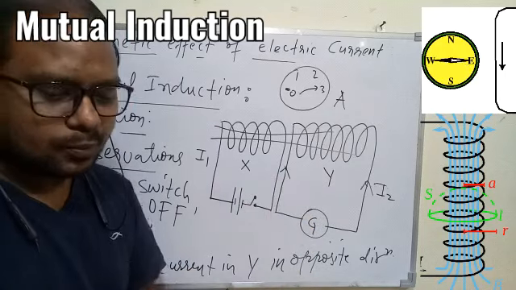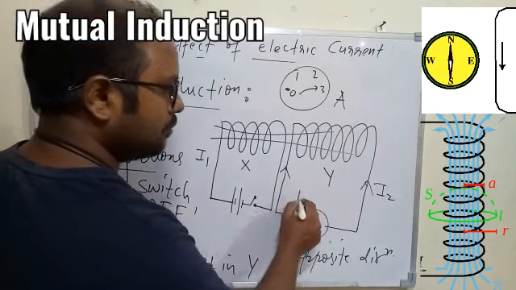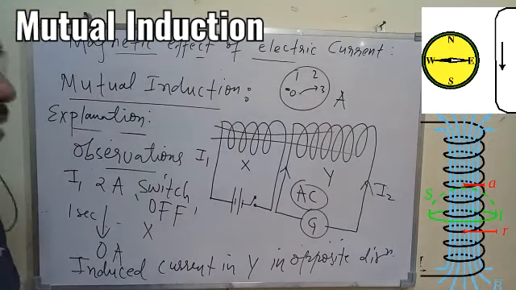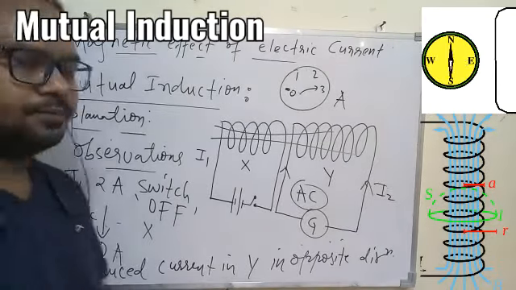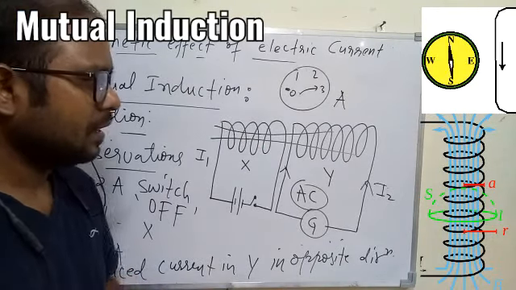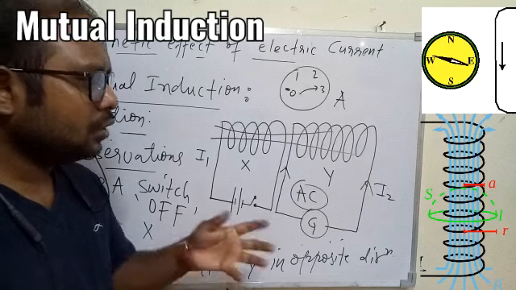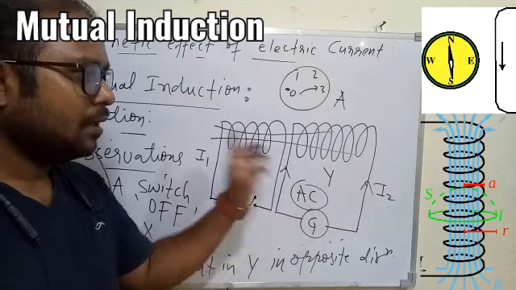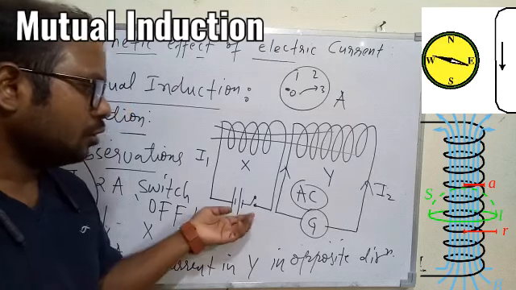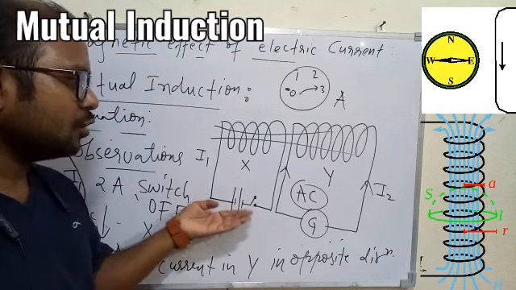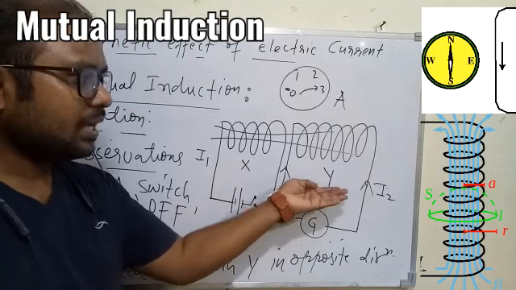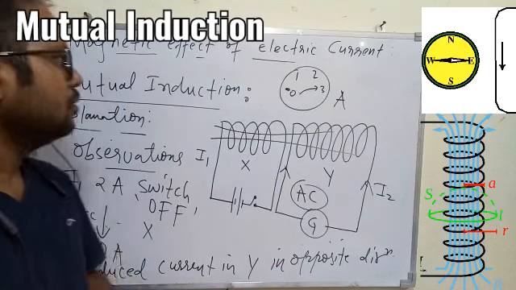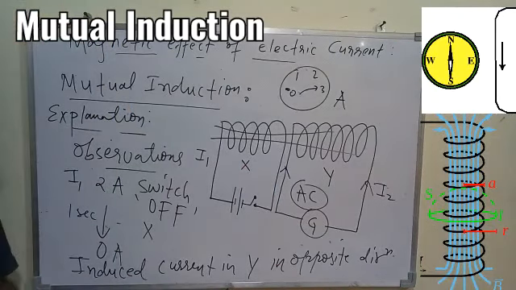And this is nothing but the concept of AC, alternating current, which is now deleted from the chapter. Since this is not in the syllabus, but that is the concept of induced current which is alternating. Alternating means the current is changing its direction to and fro periodically in a particular time. So by just controlling the switch of X, we can have the induced current in Y in two different directions, and that is the concept of mutual induction.